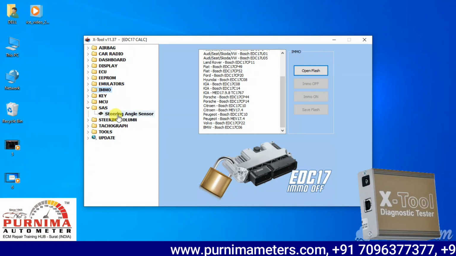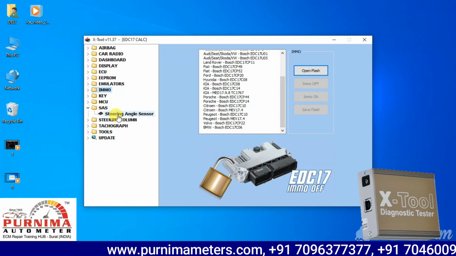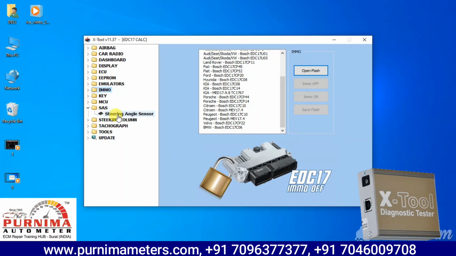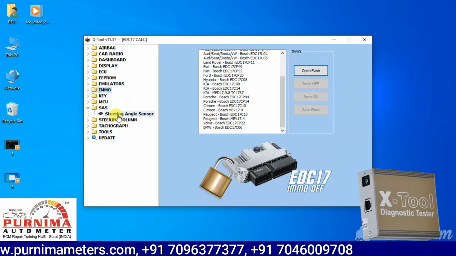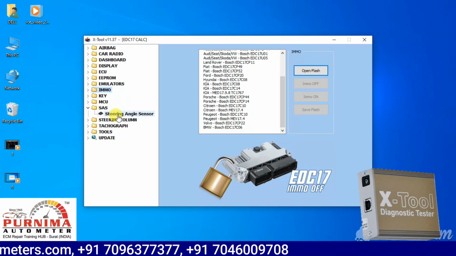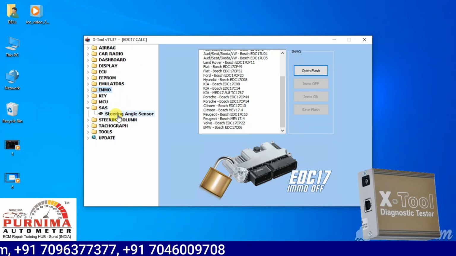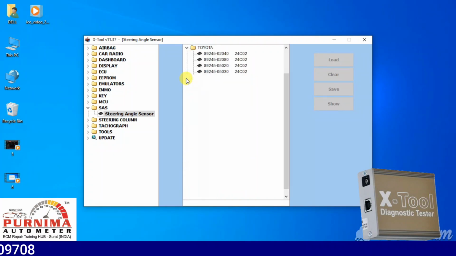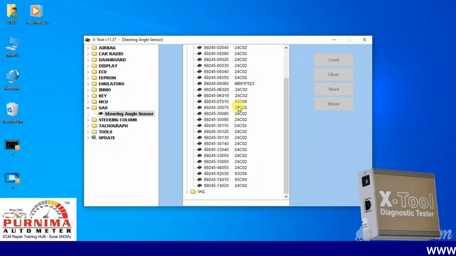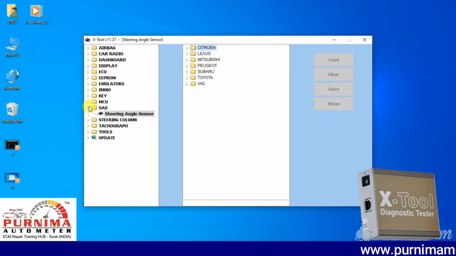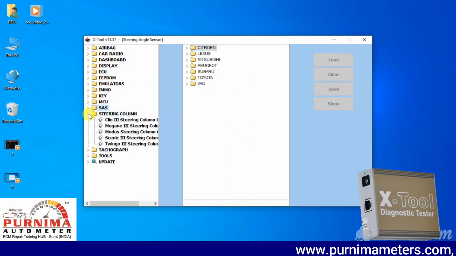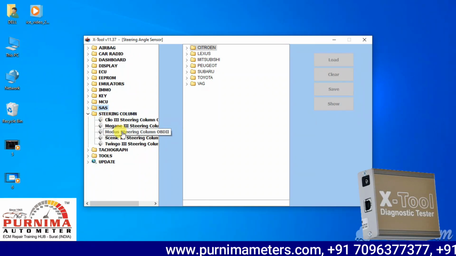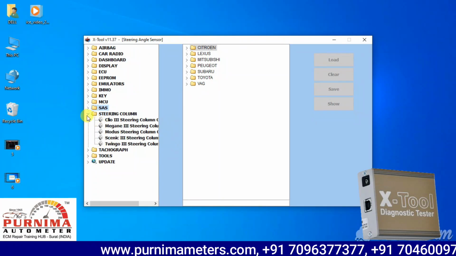Now these days, since about 2 years ago, steering angle sensors are very common in many new cars, right? So every time the steering angle has been locked. So yes, this device can also support steering angle sensors, right? It is common: select the part number, select the EEPROM, and work. Okay, and then steering column, the same. With this you can work on the OBD. With the steering column you can work OBD.